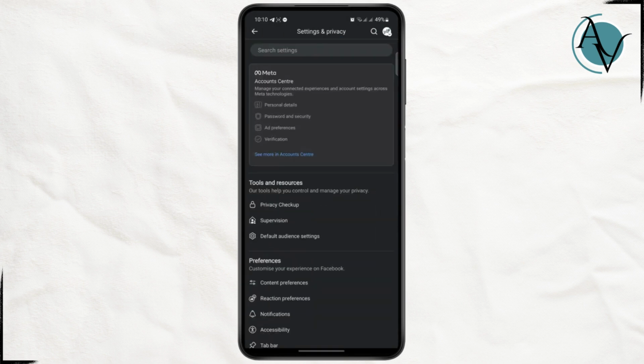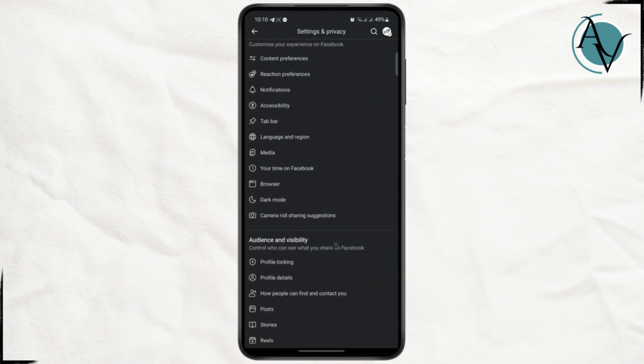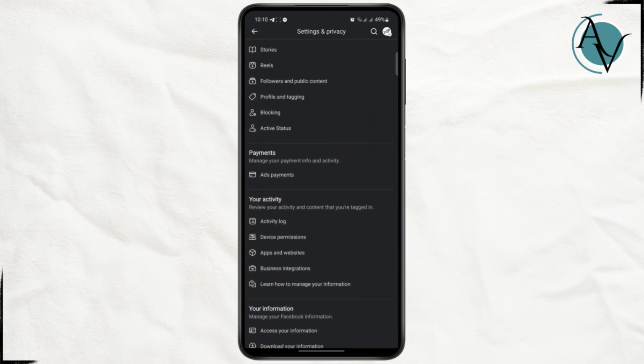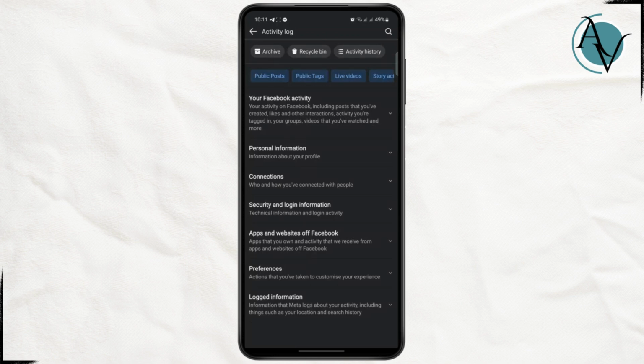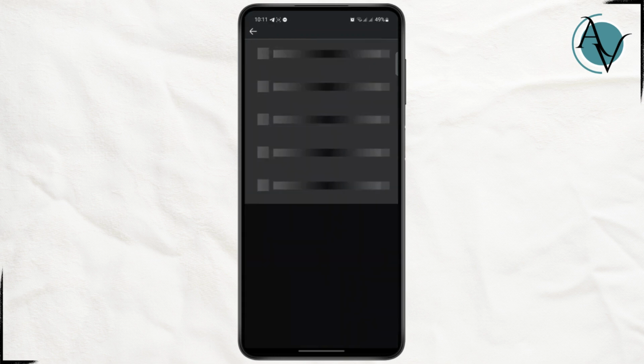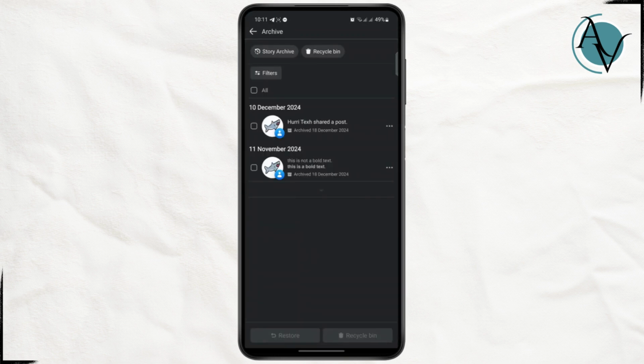Once the settings and privacy is open, you just have to scroll down until you find your activity and tap on activity log. So if you have hidden some posts from your profile, it is most likely that you have archived them. So you just have to tap on your archives, and if you want to restore them, you can